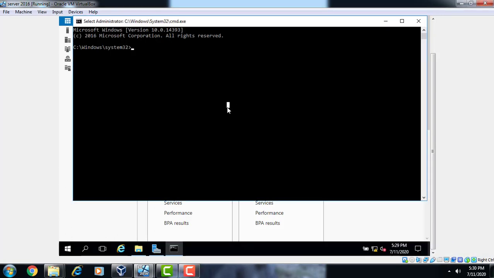Now in the cmd we have to run the command gpupdate /force. It's updating the policies to apply from the server to the client side.